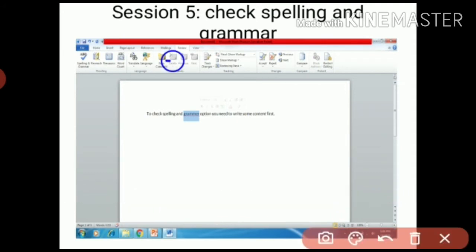Here you can see we are having a review tab. You just have to click on it. When you click on it, here at the left corner you can see we are having a spelling and grammar option. So you just have to first select that area on which you want to apply this